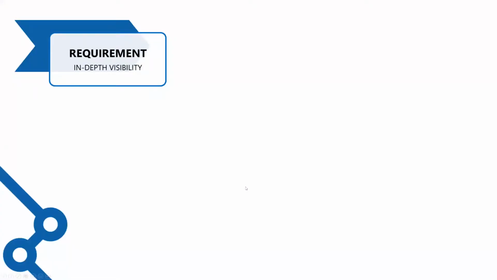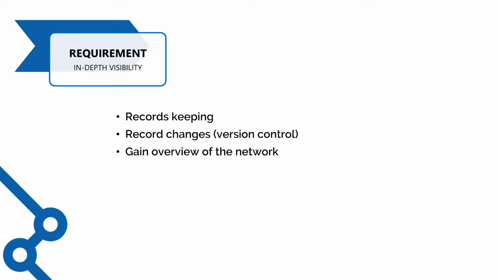To start off, let's look at what are the requirements of network documentation. Essentially, what we want to achieve is in-depth visibility of our network. We might want to do it because of records keeping requirements, because of ISO or ITIL requirements of a company. It can be to record our changes to the network, what we are doing to the network, to communicate to other teams. We might want to document the network to present it to somebody who might want to gain an overview